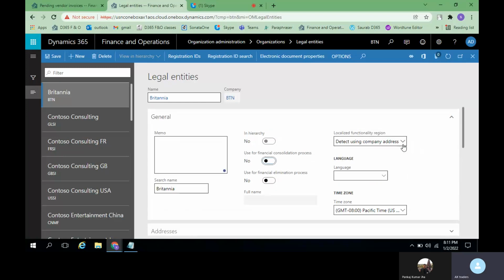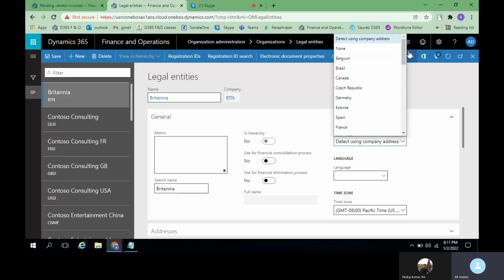The localized functionality region. So we have selected this one, right? USA, right? So we can select it as USA itself.